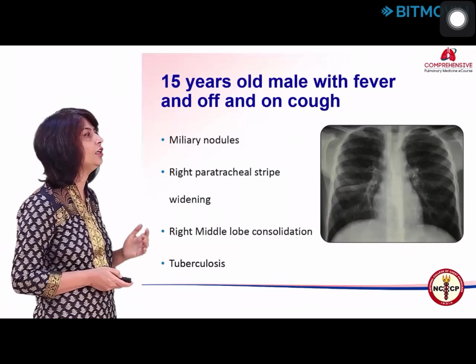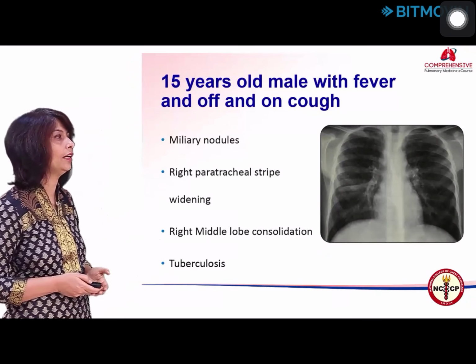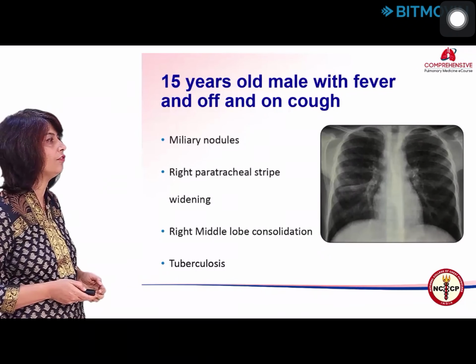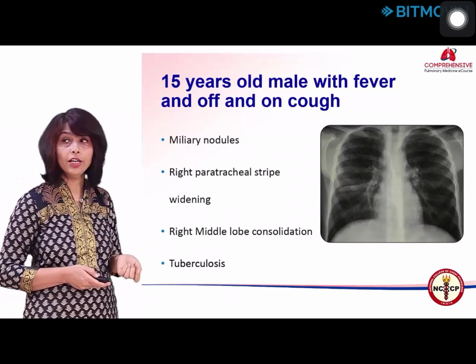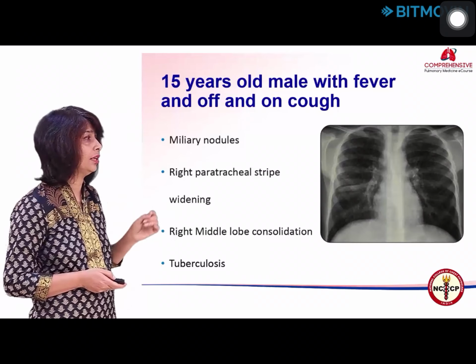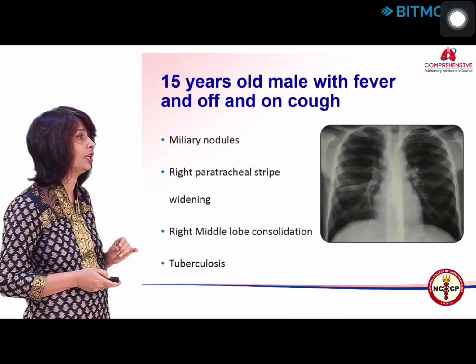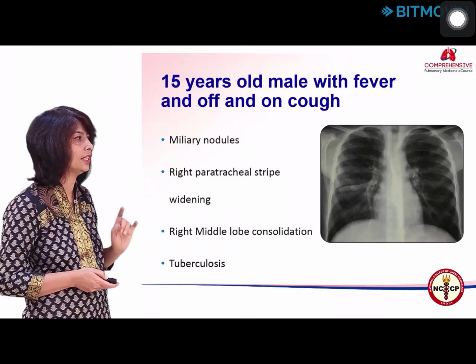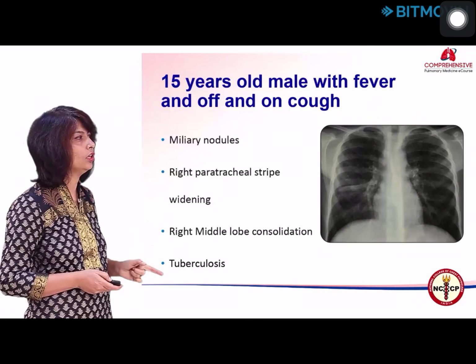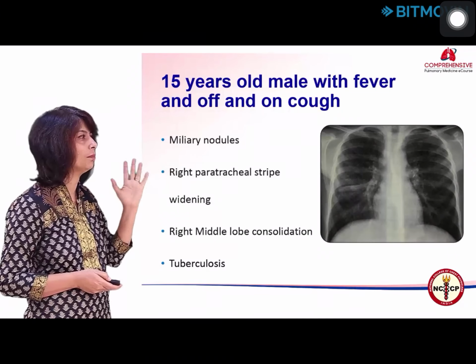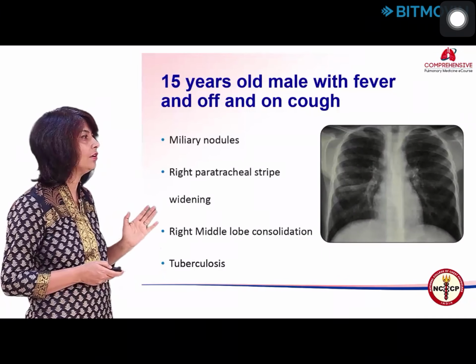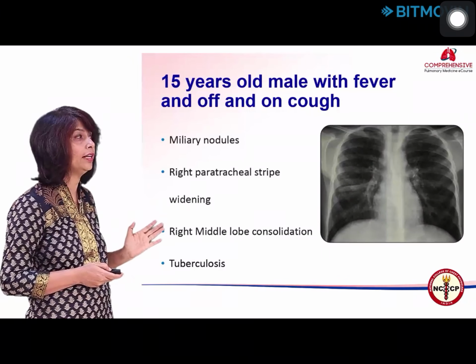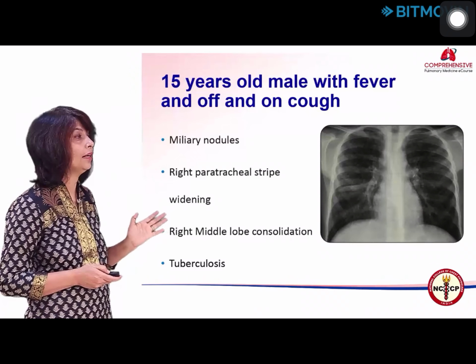So, a 15-year-old boy has fever and also on and off cough. What is all that I see? Yes, I have a checklist. I can see some nodules in the lungs, but I have to see everything. I see miliary nodules, that's right, because they have no zonal predilection. They are distributed bilaterally, 1 to 3 mm, and well defined. I have a right paratracheal stripe widening,